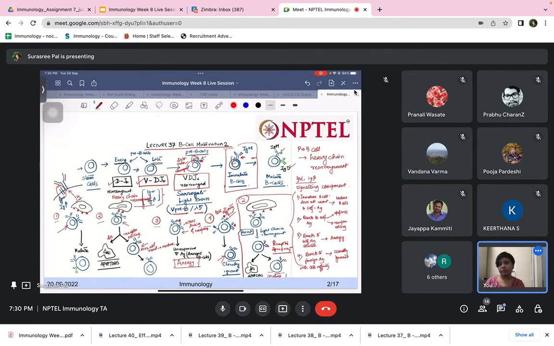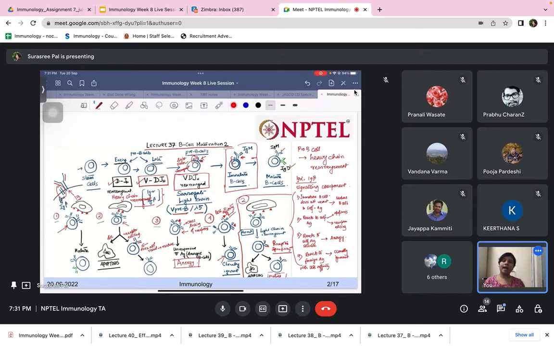Whenever there is any infection, these cells which are expressing the immunoglobulin molecules on their surface come in contact with the antigen, or they go on to find if there is any foreign antigen or not. And if they bind to any foreign antigen, then what happens? Then the B cell, we will see also later on, the B cells become